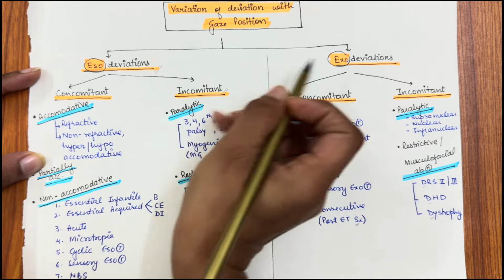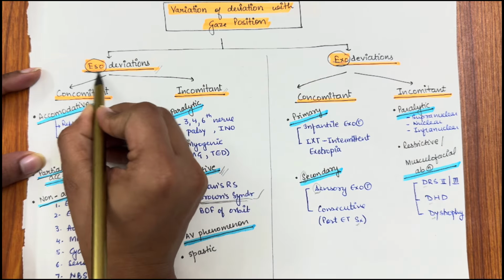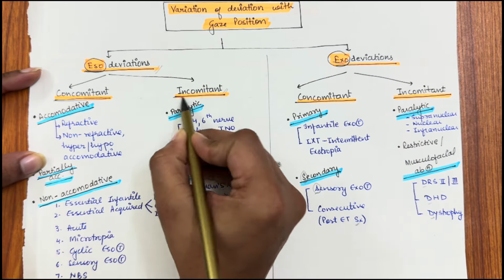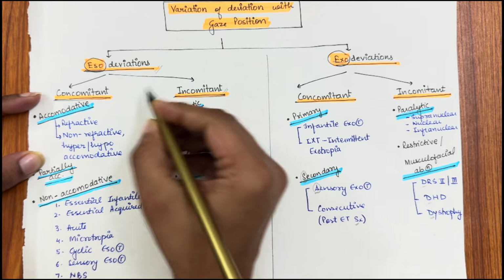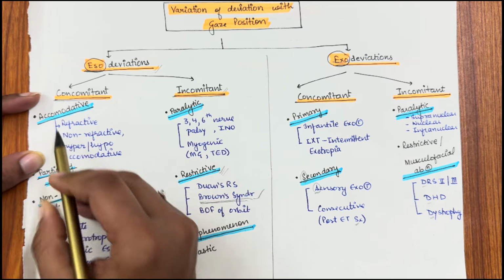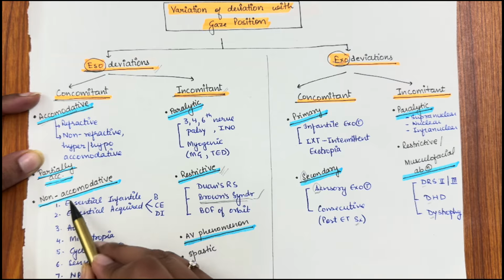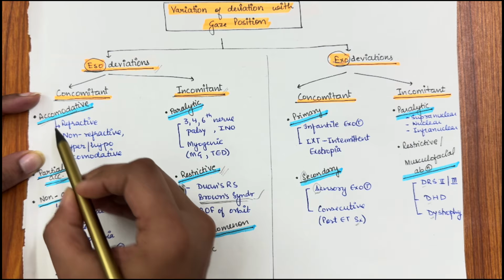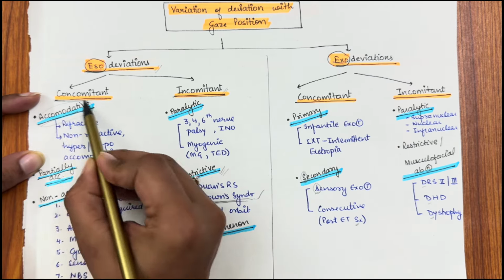So we went into eso and exo deviations. Now eso, you went into concomitant and incomitant squint. Now concomitant, you went into accommodative, partially accommodative, and non-accommodative. In accommodative,